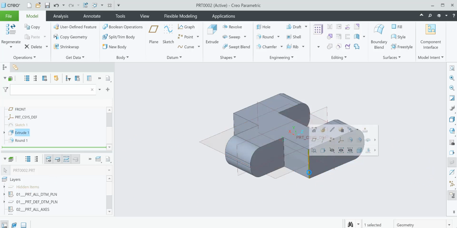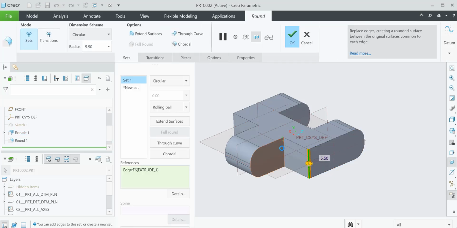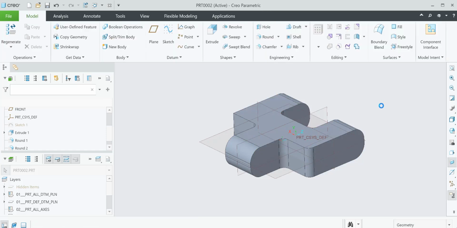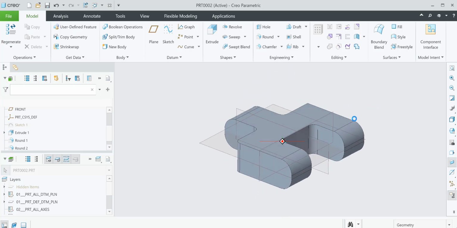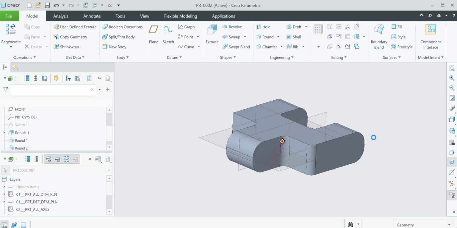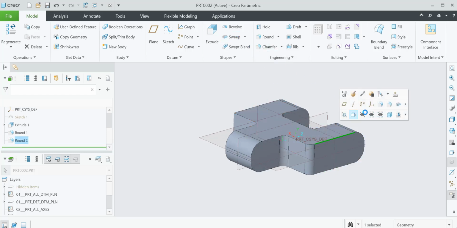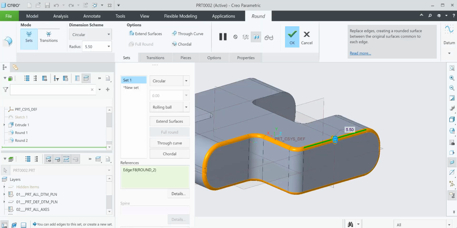Let's add a round to just one edge. And I'm going to hold the control key down to fetch all those other edges. You can make it as big or as small as you want. The dynamic preview is pretty nice. You don't know what you want till you see it, then you want to build those rounds quickly. Now I'm going to build another round on this edge, and my intention is to snake it all the way around. And if you make this round too big,